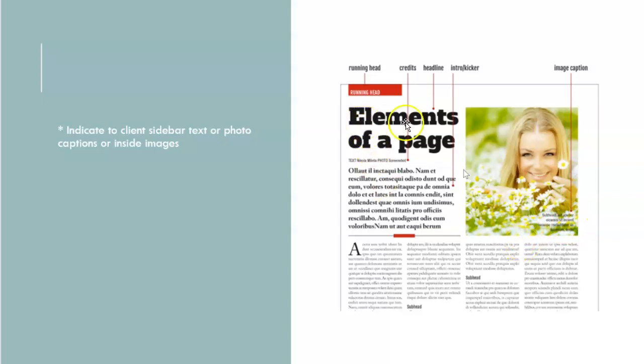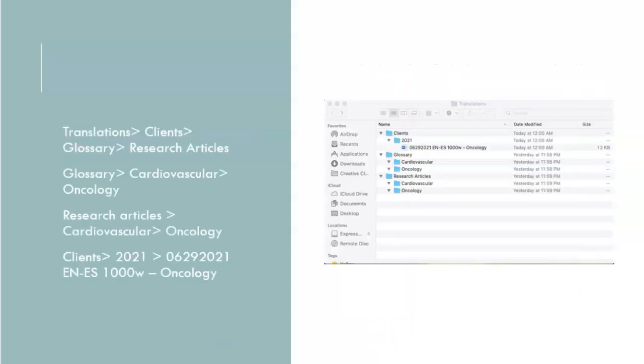So I always tell them title, this by, and body of this, so that they can know, because sometimes people in the design department do not necessarily speak another language other than English. So to make it easier for them, I guide them in the Microsoft Word of where that is going to go. Now, for organizing your files, it is very important.